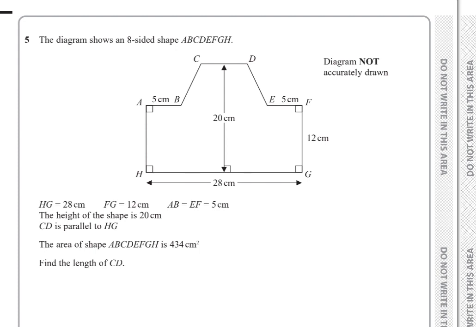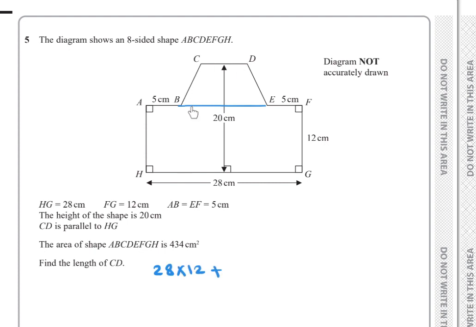To find the area for this shape, we can divide the shape into a rectangle and a trapezium. So join BE. The area of the rectangle plus the area of the trapezium equals the area of the whole shape, which is 434. Area of rectangle, length by width, so 28 times 12,